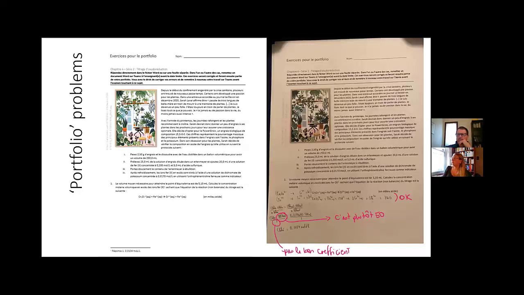not by giving a formal assessment, but just to give feedback. For example, here my student made a couple of mistakes. I just circled them, pointed out a couple of hints on how they can correct their answers, and we collect them again before the exam for actual points, actual marks. So that's the portfolio problems. It was really important for us not only to have them work on a platform, but also on paper.